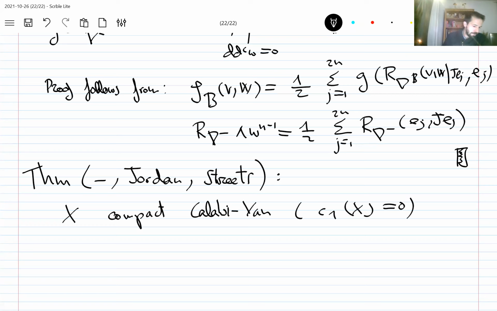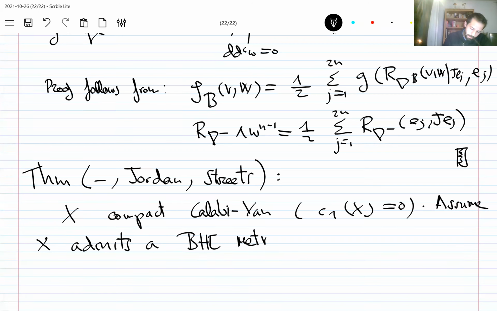Assume that X admits a Bismuth Hermitian-Einstein metric G, which recall is just pluriclosed plus Bismuth Ricci form equals 0. Then